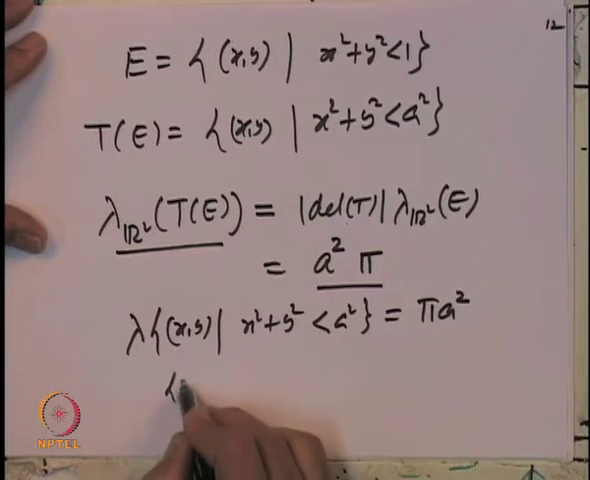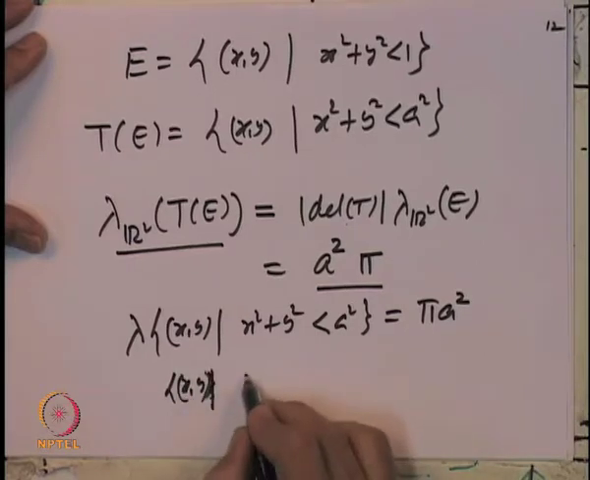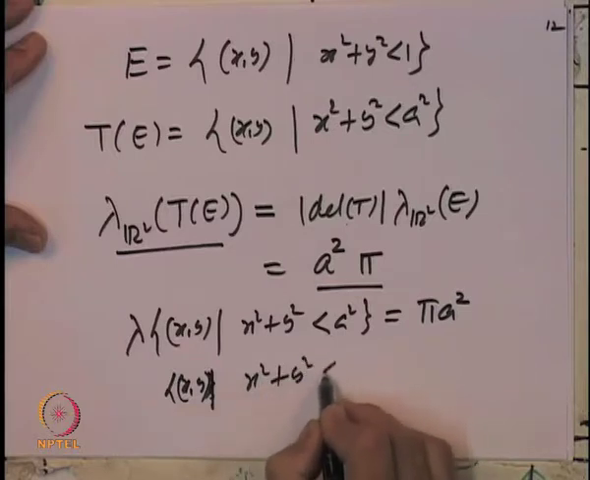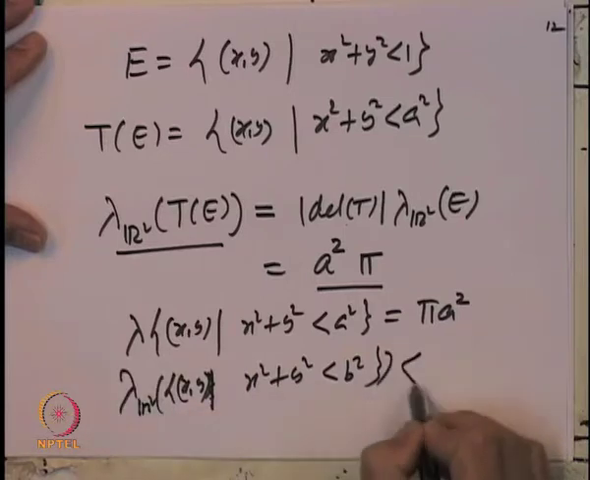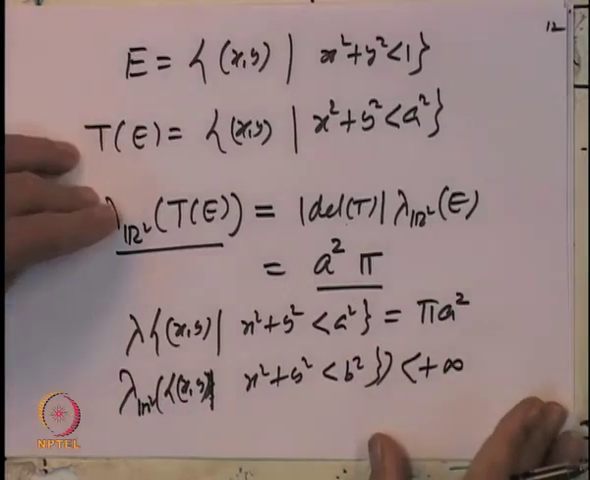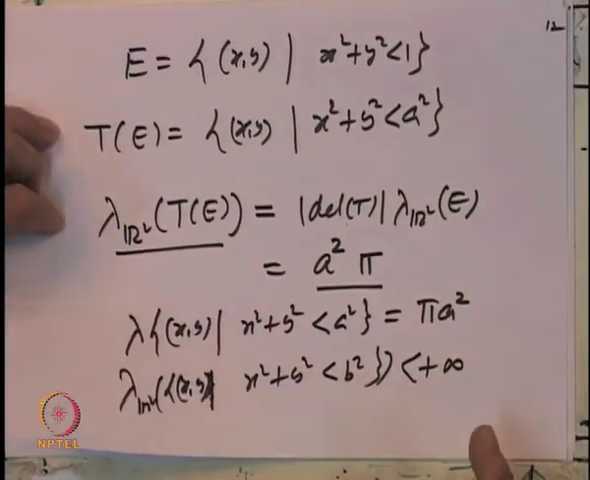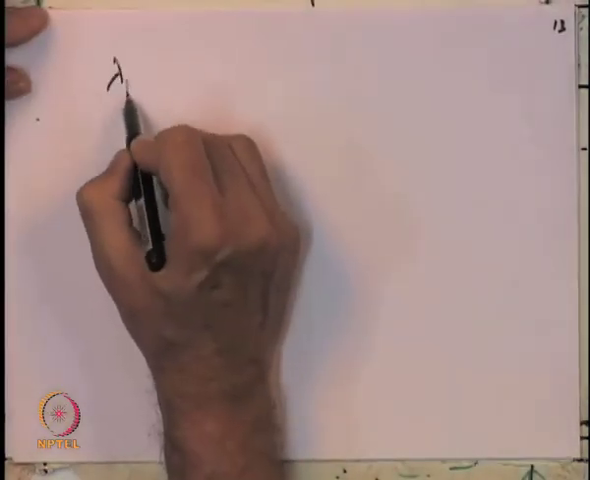So, the set of points (x, y) such that x squared plus y squared is less than b squared is a bounded set, and its Lebesgue measure in R 2 is finite. So, it is a set of finite outer measure, finite Lebesgue measure. So, I can write that the Lebesgue outer measure of